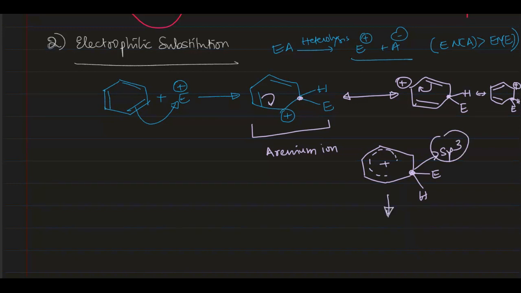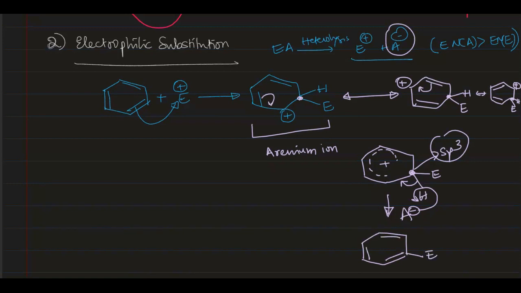Now there is A minus here, which had separated from E, forming electrophile. That A minus will abstract this proton here. Once this proton is abstracted, this bond pair becomes the pi bond there and results in a stable benzene ring